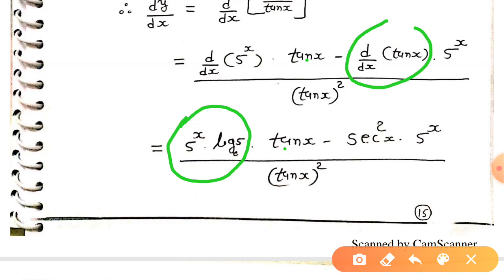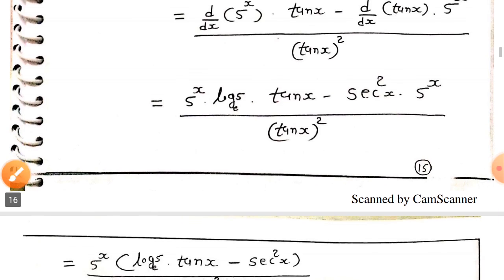What is the differentiation of the tan x? tan x is equal to sec square x. Video number 1, that is the most important video for this lecture. So many times I told you people, once you know the formula or concept, then this chapter will be very easy for you people.